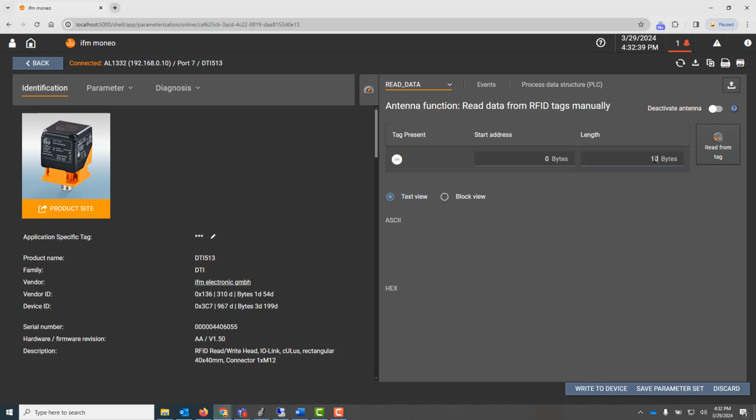we can put in the length that we want to read. In this case, I'm going to do 10 bytes. Read from tag is going to be pressed, and we'll see our values on the tag are all 0, so it's a brand new tag. All right, so let's go to write data,